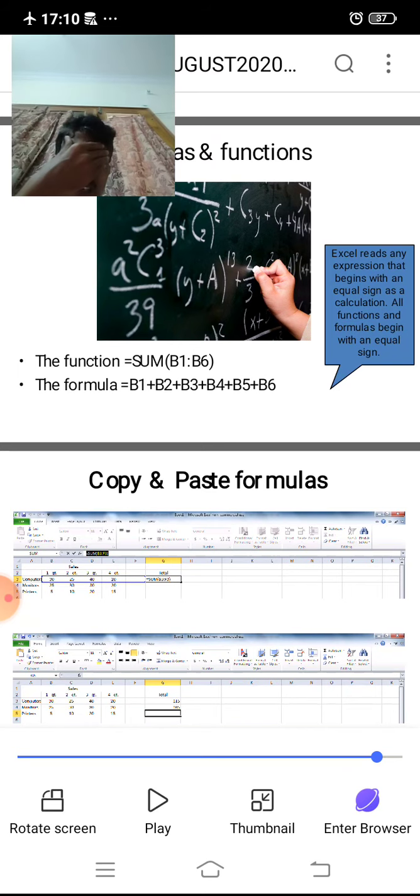If one formula is placed in a particular location, it can be copied to another place, and according to the column names it automatically changes.